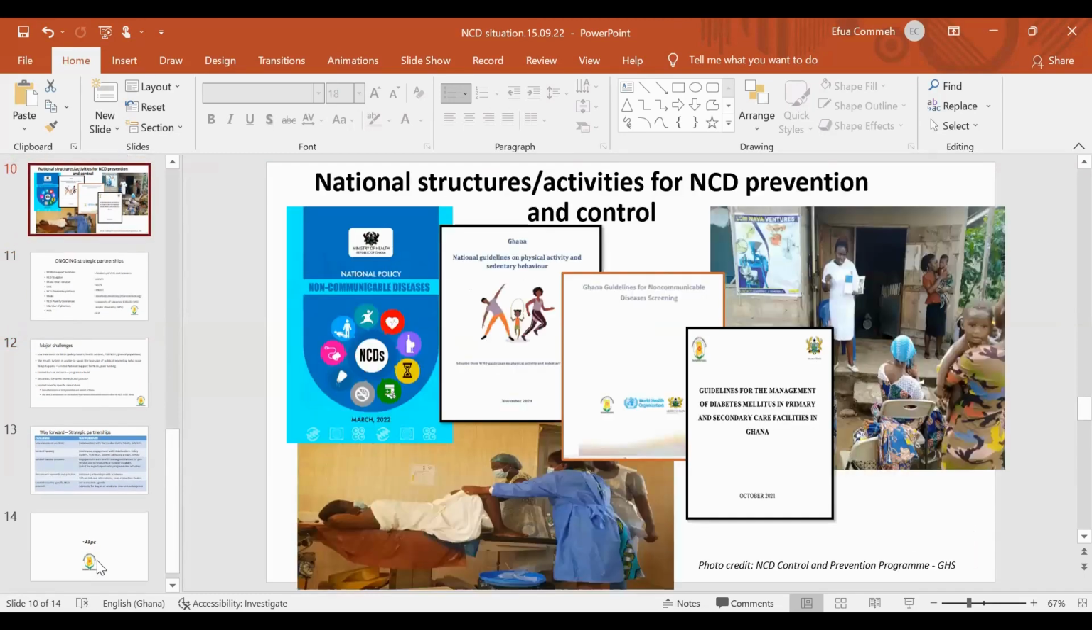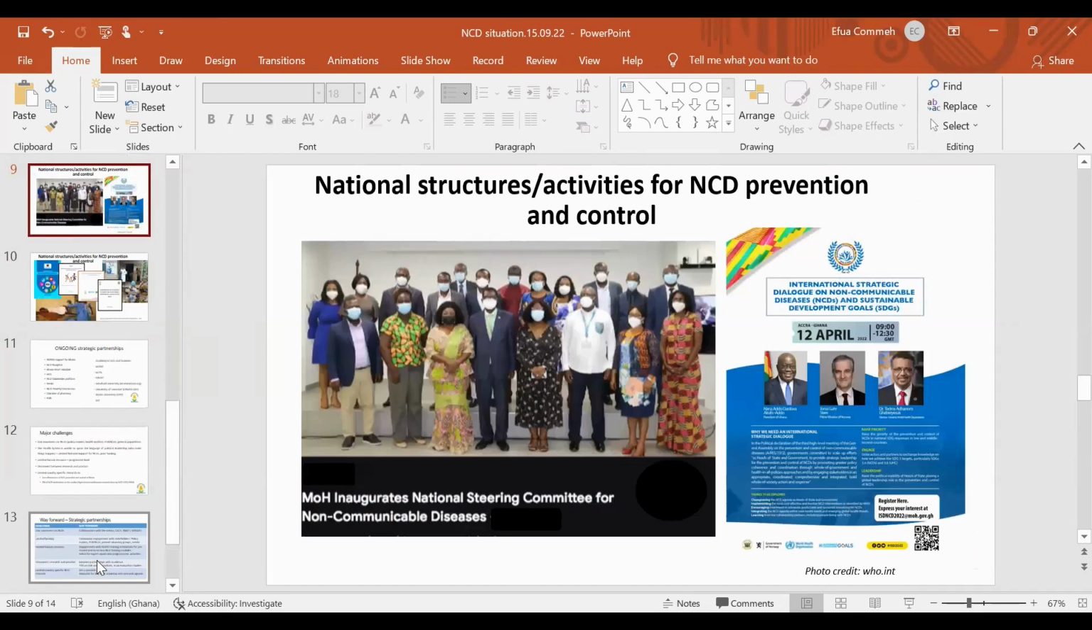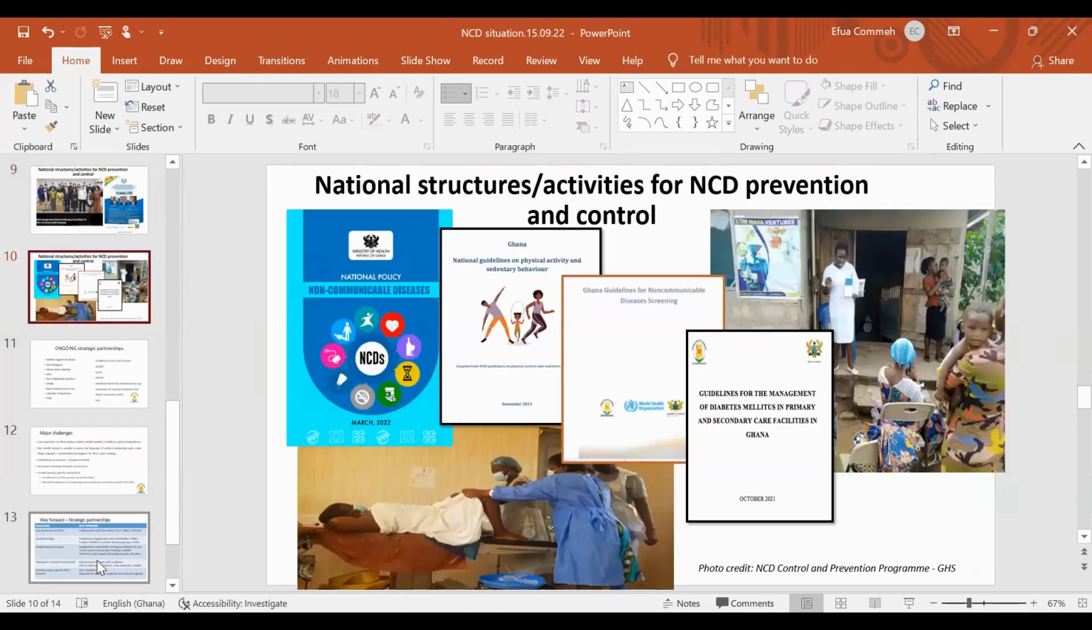At the national level for us, there are a few structures that are used to also guide the process. The NCD Steering Committee, for instance, is available, and the NCD policy was launched in April this year. Beyond that, various guidelines have been developed with the aim of engaging our health workers and providing awareness, even amongst health workers, because one major challenge we have for NCDs is ignorance, even amongst health workers,